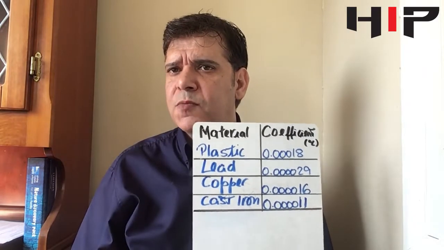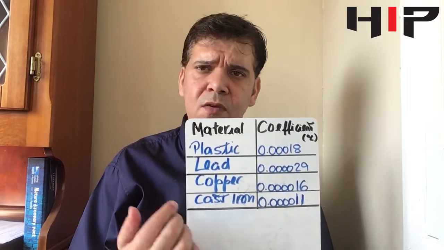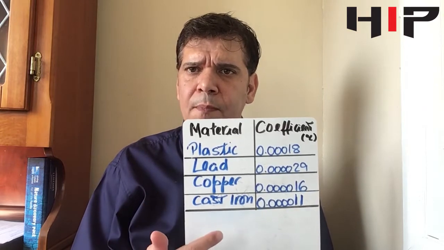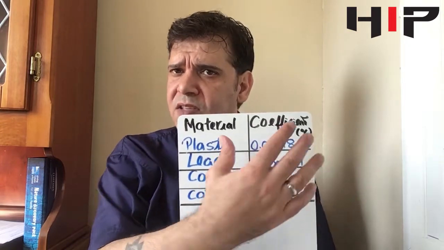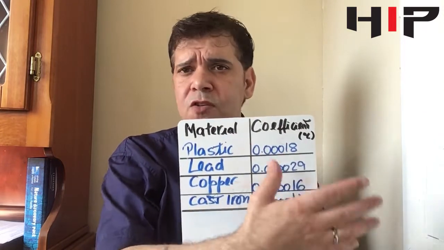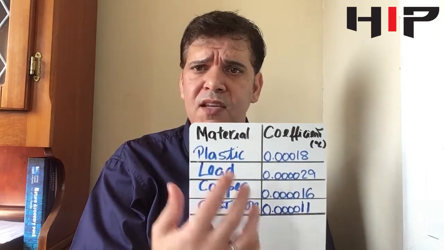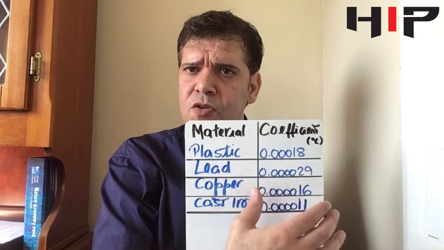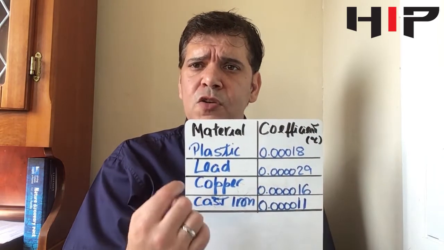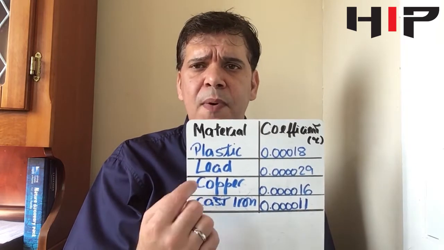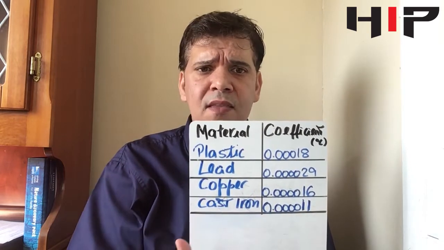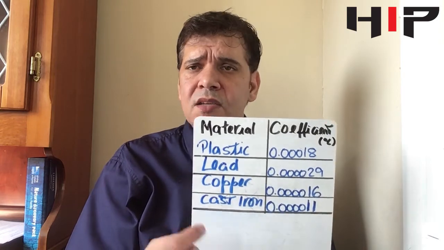So, I have a table here about the coefficient of linear expansion of materials. As you can see, we've got plastic, we've got lead, we've got copper, we've got cast iron. All of these values are given to us, so these values are not going to change. We need these values later on to work out our examples. There are more materials than that, but we're using these values. As you can see, plastic expands far more than any other material. So therefore